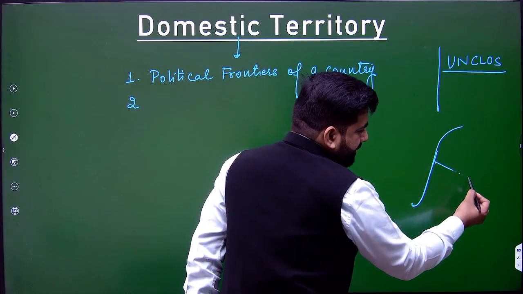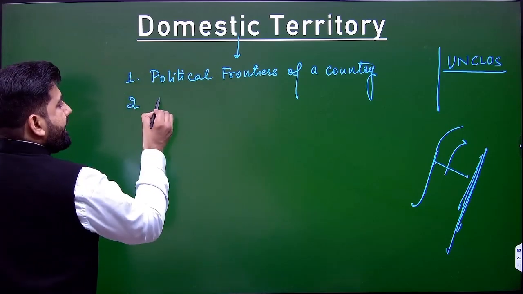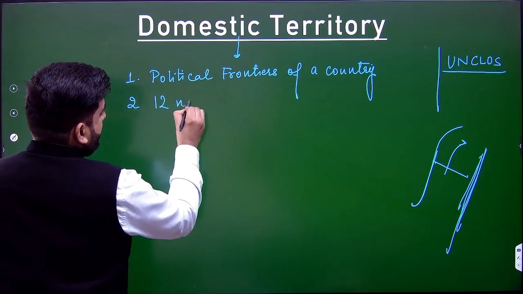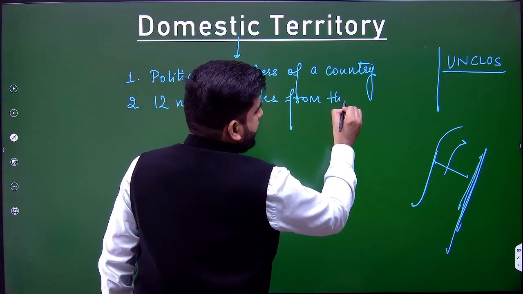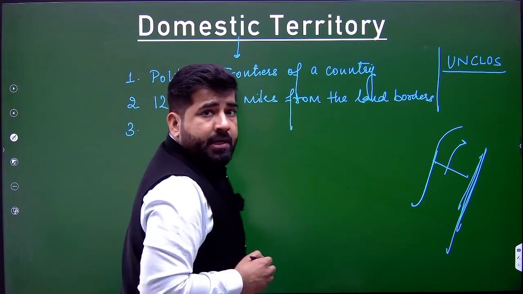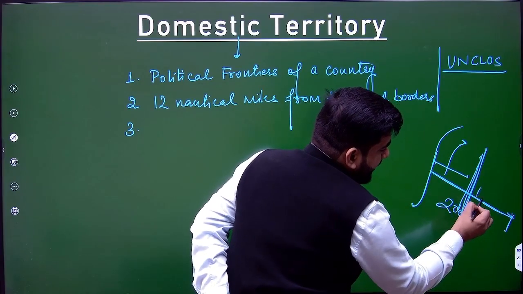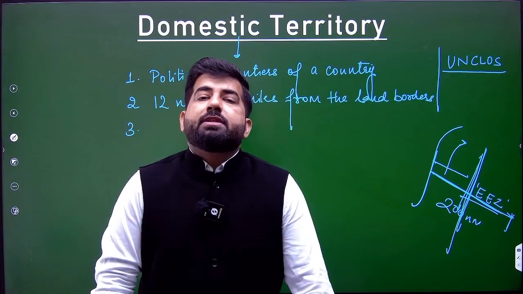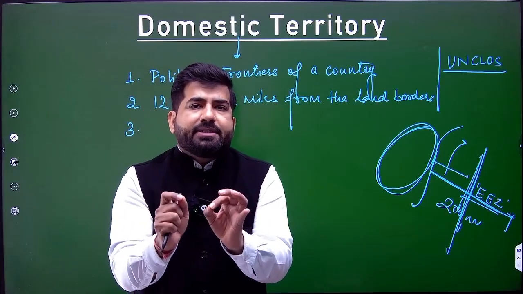This is the political border. From here, 12 nautical miles, even this is considered the sovereign territory of the state. So 12 nautical miles from the land borders, even this is considered domestic territory. Third, up to 200 nautical miles from the border, there is a zone known as the exclusive economic zone. Under this exclusive economic zone, the nation state has the exclusive rights for